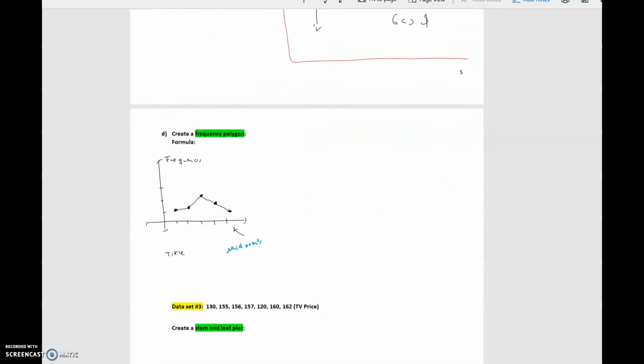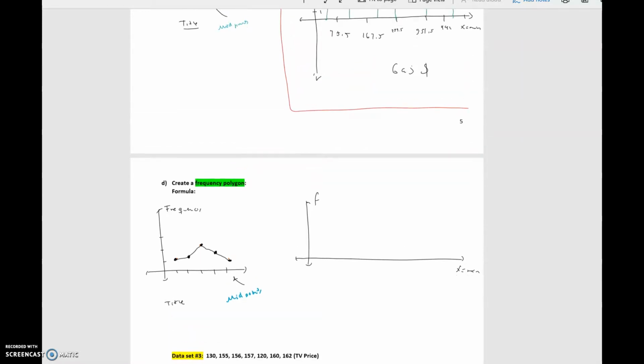So let me copy the previous graph, everything except the final answer. I'm just going to call this F, which is the frequency. X is equal to minutes. And then our values were 75.5, followed by